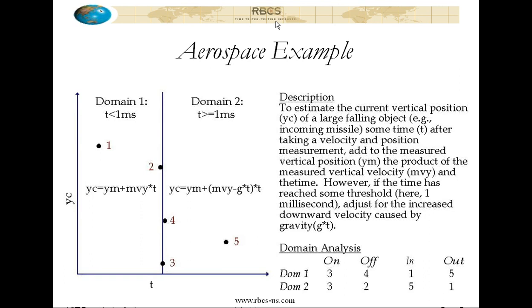Sorry, I misspoke. I said microseconds just a moment ago. I meant to say milliseconds. So 1 could have been at t equals 0.998 milliseconds, and 5 could have been at t equals 1.002 milliseconds. But as I was saying, that would have been really silly to have done that, because